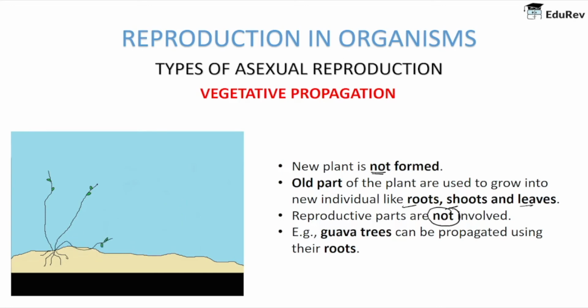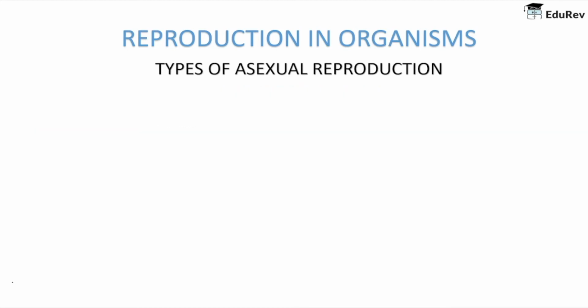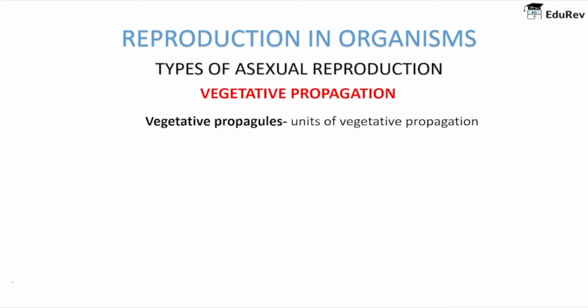The reproductive parts are not involved in this case. For example, guava trees which can be propagated using their roots. Vegetative propagation has various units which are capable of giving rise to a new offspring. So these units or structures are called vegetative propagules, and these structures do not involve two parents, only a